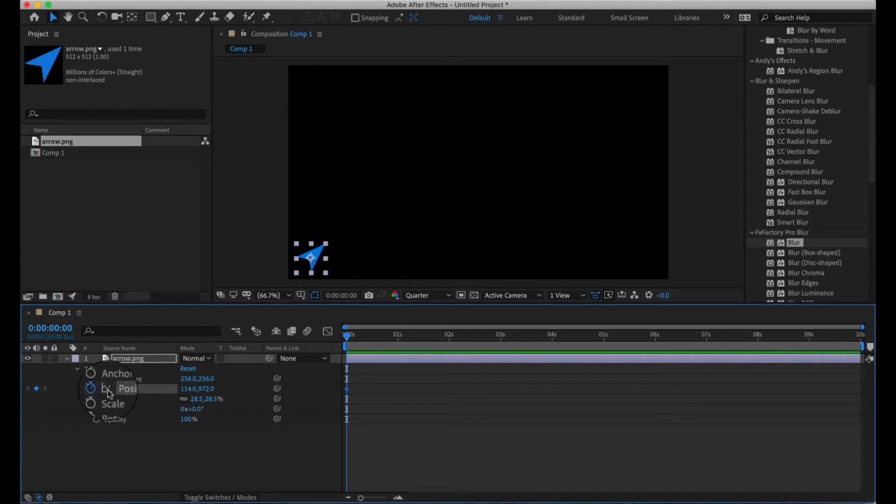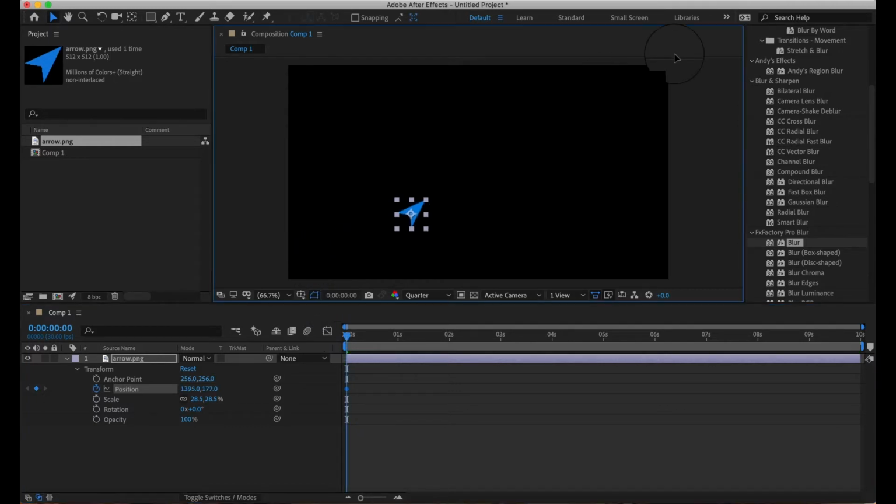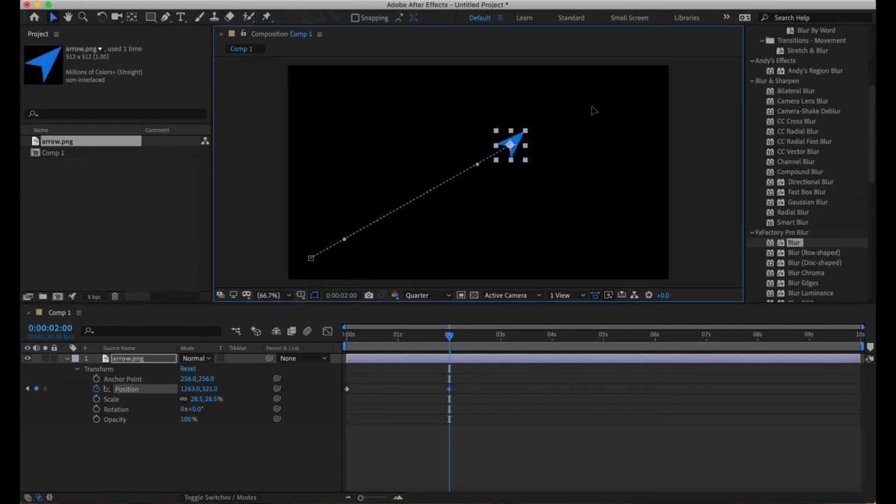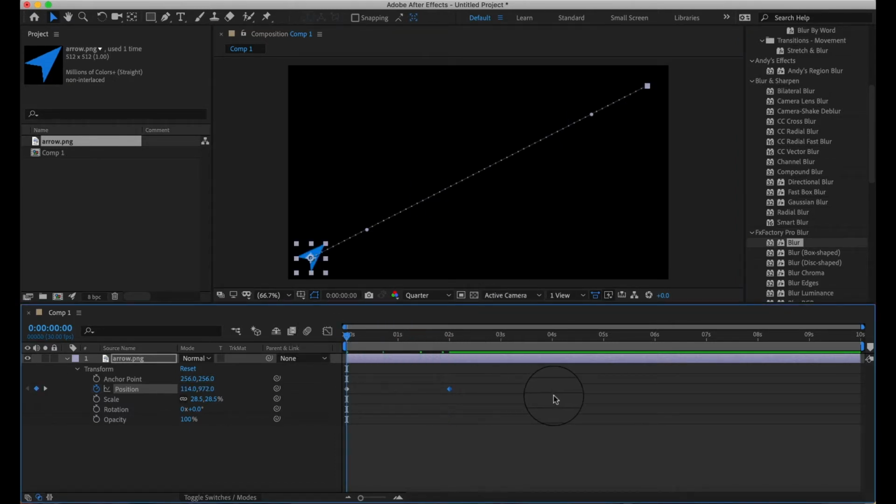So now the position is already here at 0, and if I move this arrow, at the 2 second mark the arrow will move from here to here. You can see this trail of line, it shows the animation. Now you can see over here this is the keyframe, the position change of the arrow. This keyframe shows that the arrow position has changed, and if you press the space bar you can see the animation,